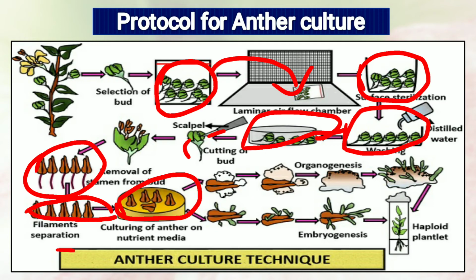The cultures are kept initially in the dark. After 3 to 4 weeks, the anthers normally undergo pollen embryogenesis and haploid plantlets appear from the cultured anthers. In some cases, anthers may undergo proliferation, that is, organogenesis. Proliferation means to form a callus, which can be induced to differentiate into haploid plants.